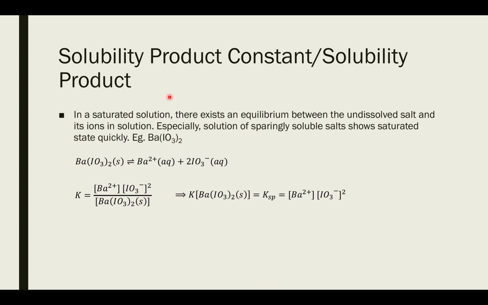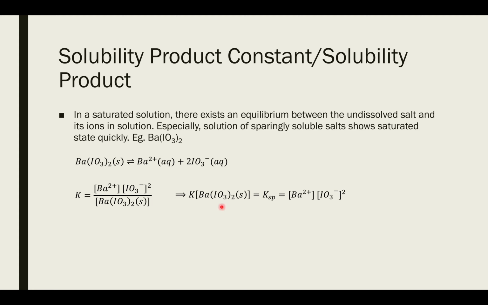Coming to the solubility product, this is the first important basis of our classification of cations into various groups. Here we talk about the solubility product when it is a saturated solution. In a saturated solution, there always exists an equilibrium between the pure solid and its corresponding ions in solution. If you write the equilibrium constant expression, it would be something like this, and this particular term is a kind of constant, so it can be included with the equilibrium constant.